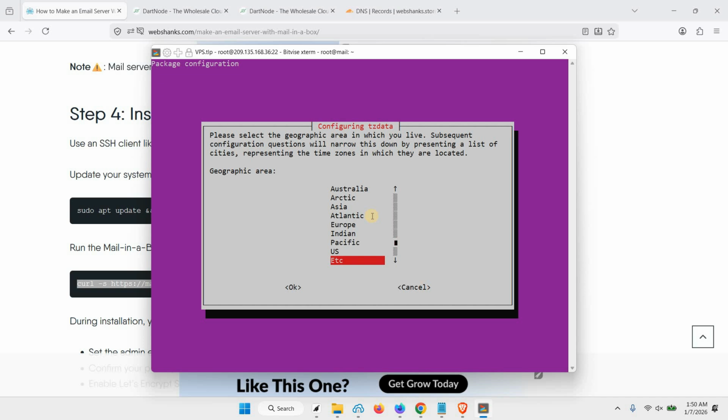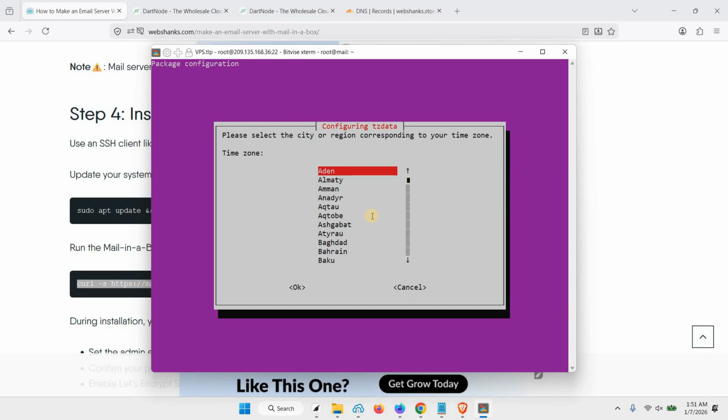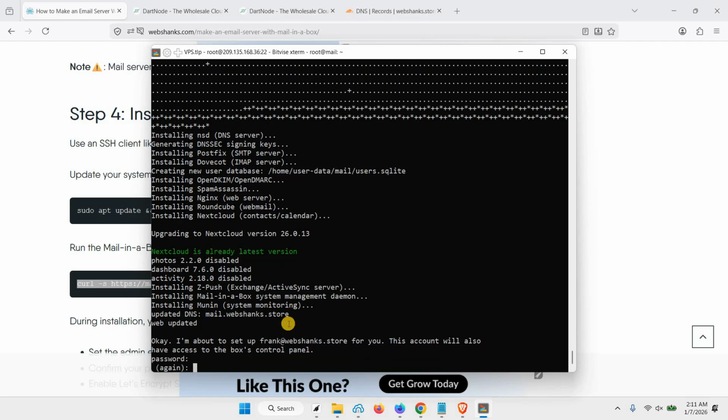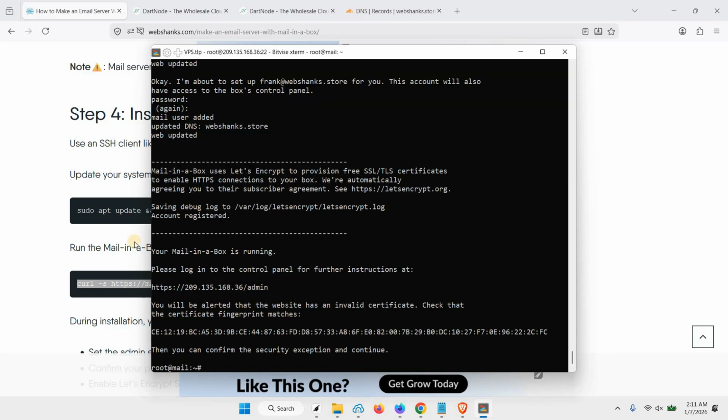So let's set our time zone. Okay, let's say Asia, and set Hong Kong. Okay, let's set a password for our email. So we'll set the password. Okay, so our Mail in a Box is installed and we can now access